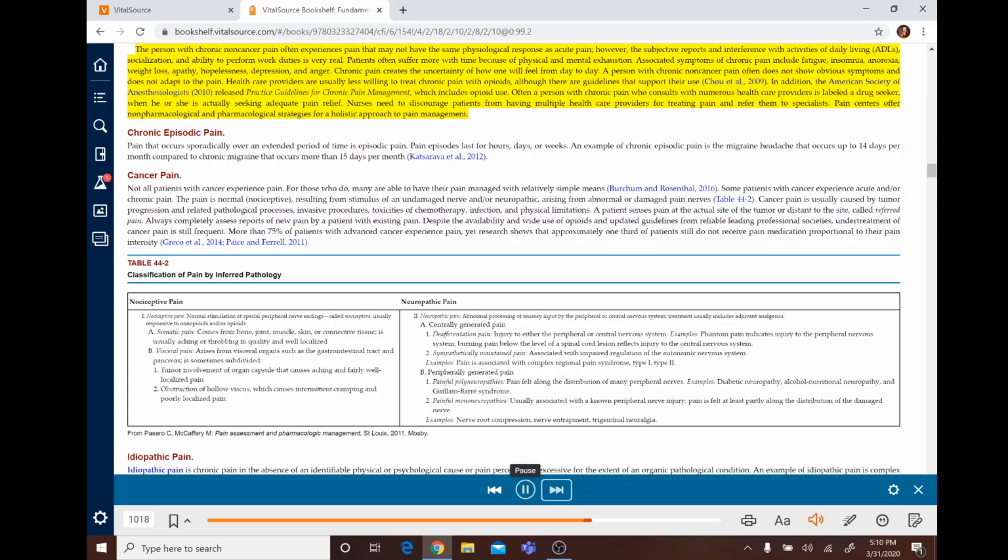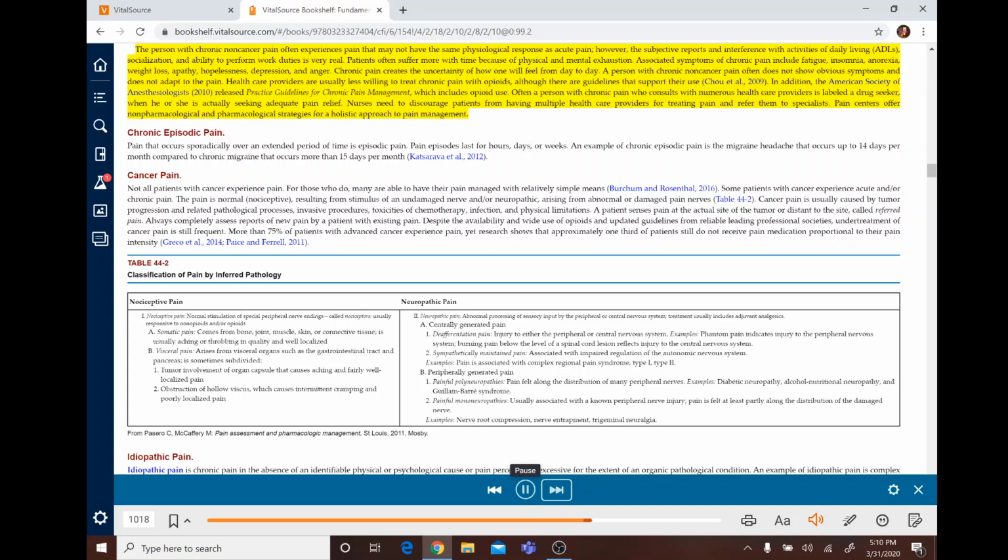Chronic pain creates the uncertainty of how one will feel from day to day. A person with chronic non-cancer pain often does not show obvious symptoms and does not adapt to the pain. Healthcare providers are usually less willing to treat chronic pain with opioids, although there are guidelines that support their use (Joe et al., 2009). In addition, the American Society of Anesthesiologists, 2010, released practice guidelines for chronic pain management, which